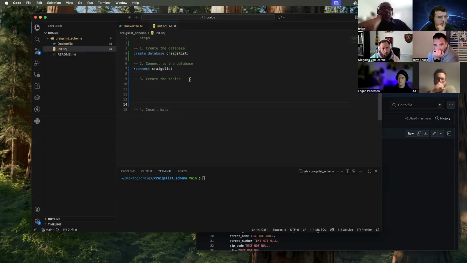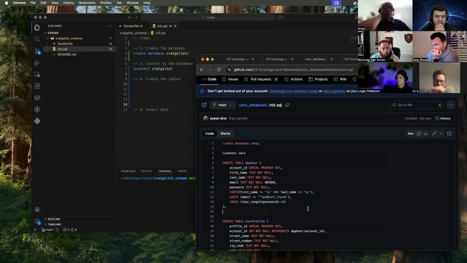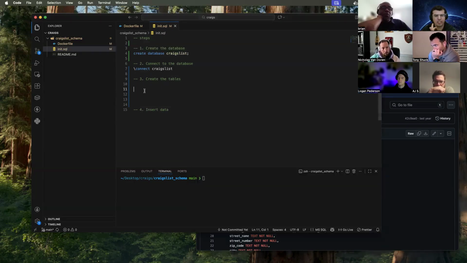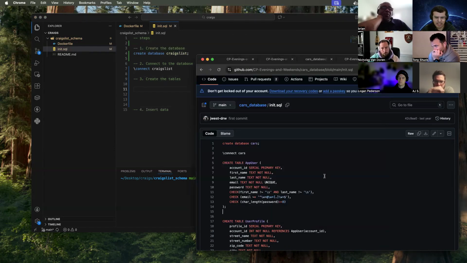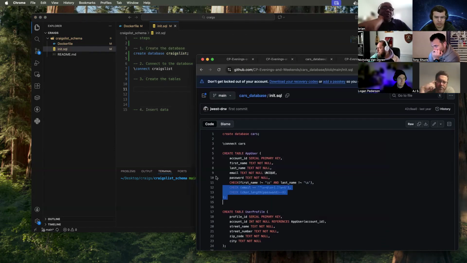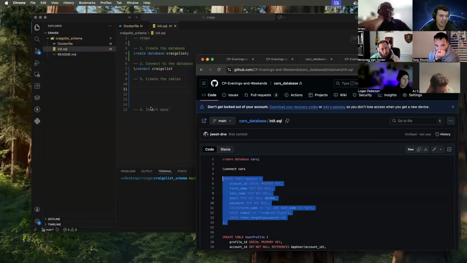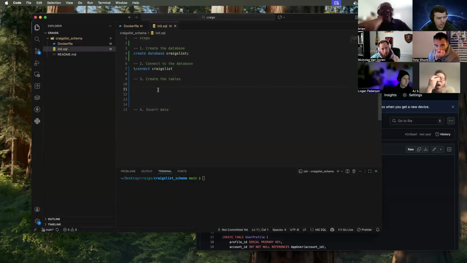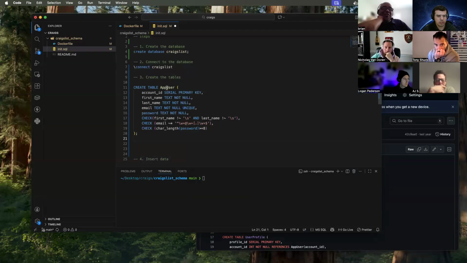You want to create tables in it. All right. So this is Craigslist. What's the first table that I want to create? Customer or user. Yeah, let's call it user. And I'm actually just going to copy this, and I'm just going to edit it. And I'm only going to create just user. I'm going to create a table called user, and this person's going to have